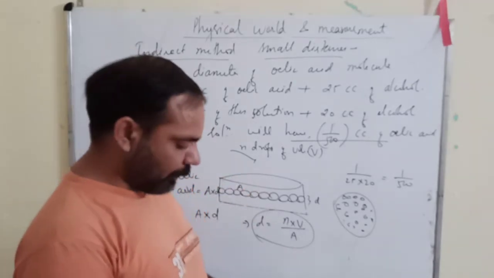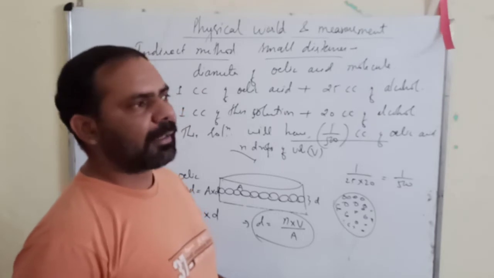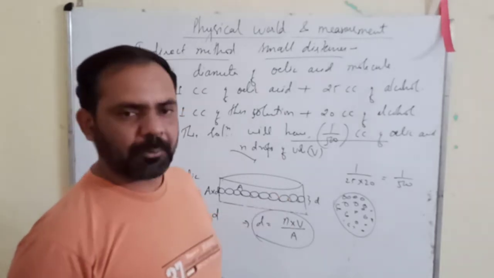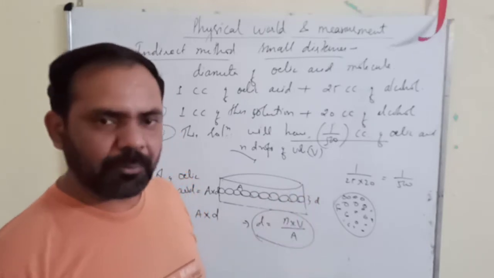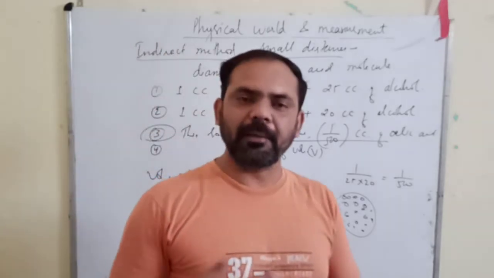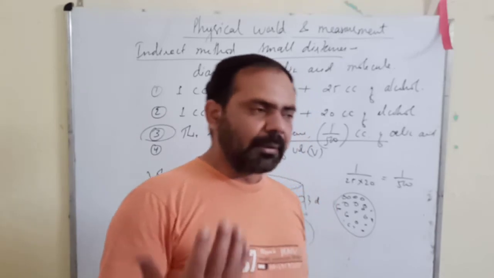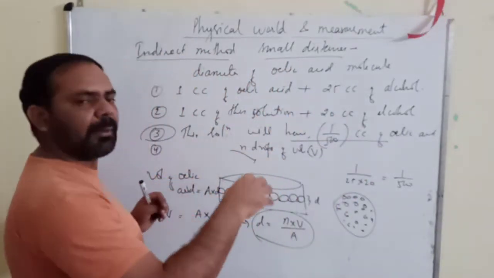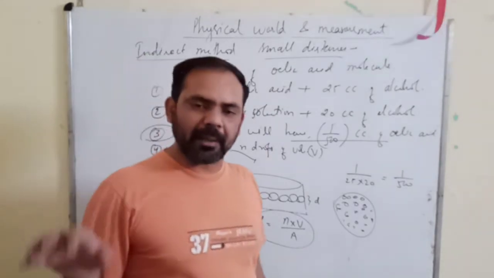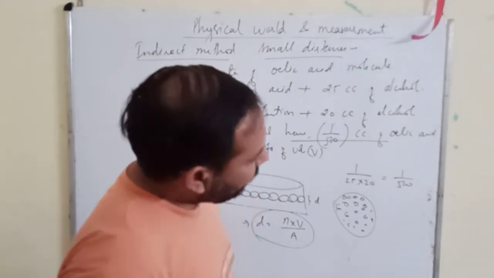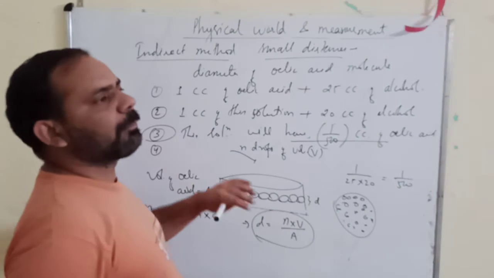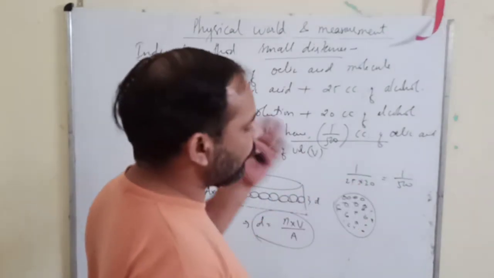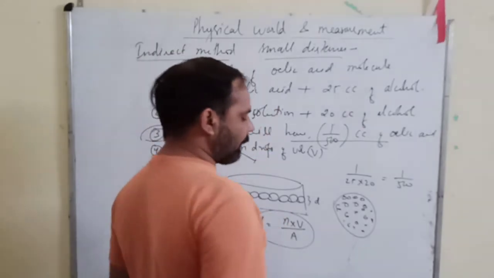Now one thing I want to tell you here is that indirect methods generally are not very accurate. They do not give us an accurate value because we are indirectly finding the values, right? So we don't get an accurate value of the measurement, but what we get is an approximate idea, okay? But with the help of direct methods, I will not say exact values, but more accurate values we get.